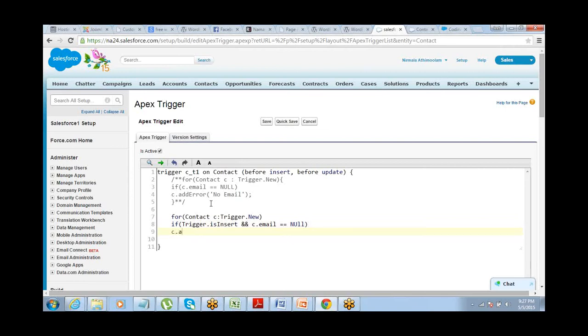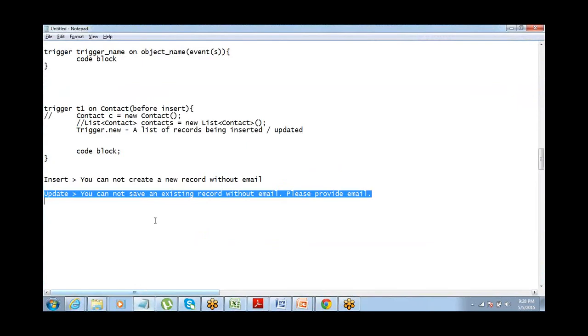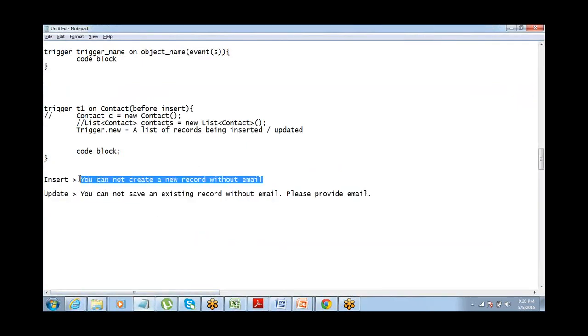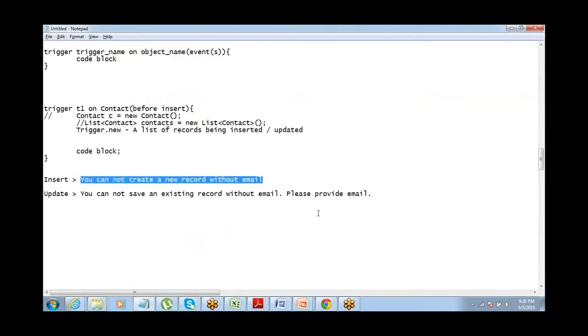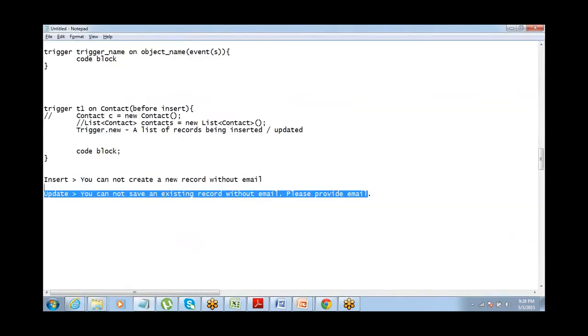Let's say C.addError, else C.addError. So for the first condition the error is going to be: you cannot create a new record. For the second condition the error is